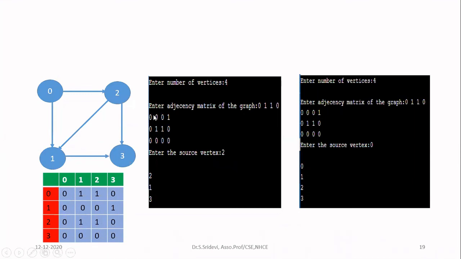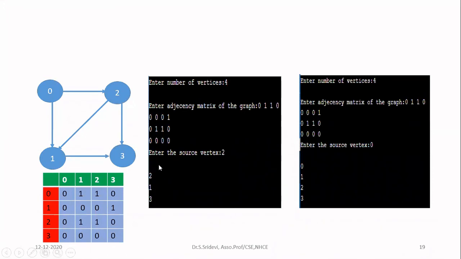After that, when you run your program, first it will ask you total number of vertices. You can give it as 4. Then you have to enter the adjacency matrix. When you enter the adjacency matrix, you enter row by row because we are maintaining row major order. So enter the elements row by row. I am first entering the first row, second row and so on. Once you finish it, you have to type the source vertex. You can enter any vertex. Here I am giving the vertex as 2. So now you will be getting the output.